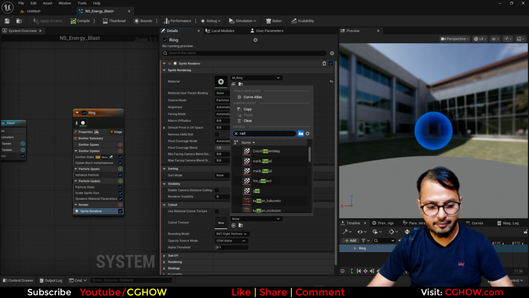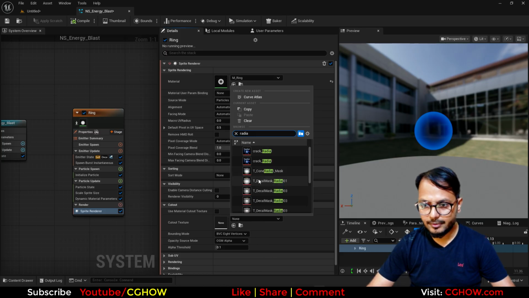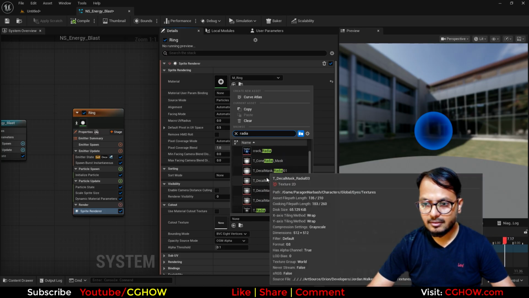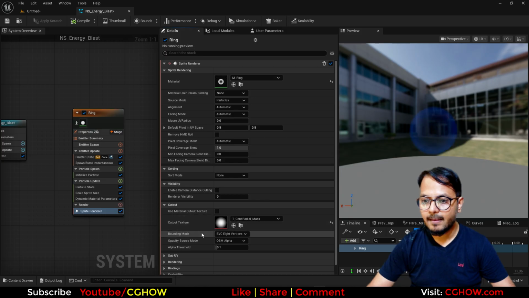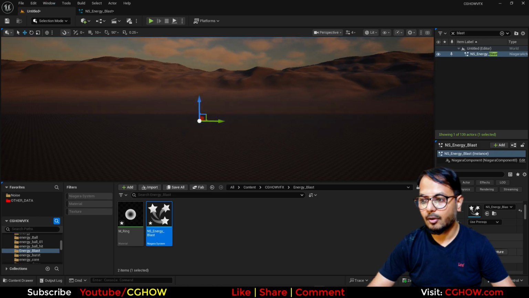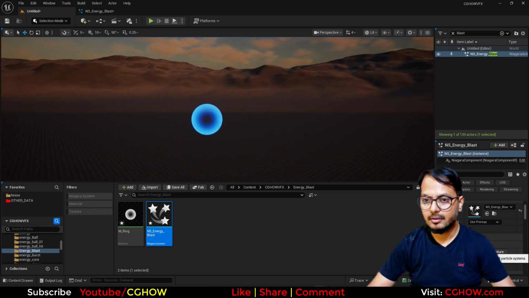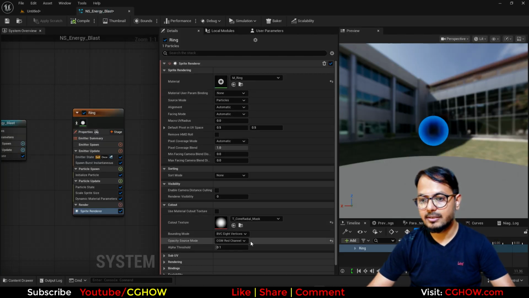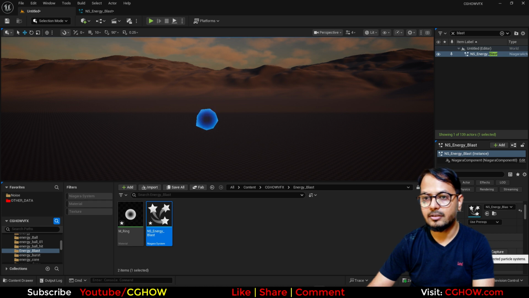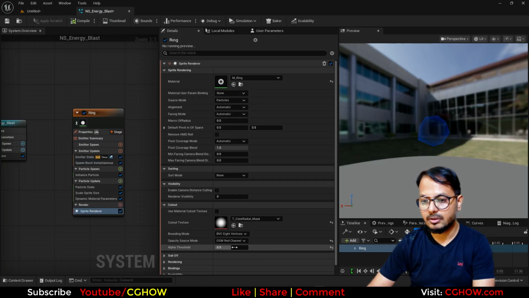I already have some radial textures like this, so I can use it. Then it will ask you what channel you want to use. Let's say red channel, and see, now I cut it. And if you increase this value too much, it will cut your texture. So don't do that. You just need to check your values. Okay,